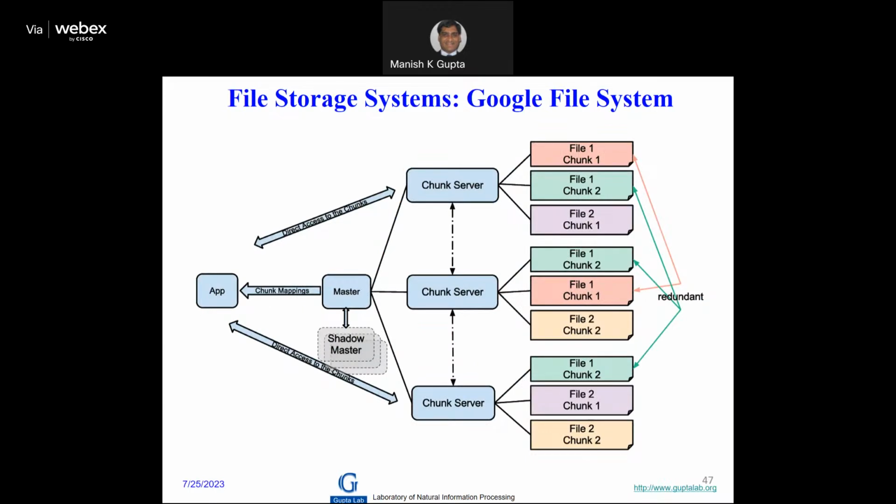This is Google file system. I think you know how data is stored in the cloud. You take the file, divide it into chunks, and replicate chunks in different servers in the cloud, right? And when you want to recover the file, there is a master server which knows where which chunk is. Okay, and there is a replication of the master server also, because if the master server fails, you are gone. If one master server fails, the next master server will take care of everything, right? This is how the whole system is designed. So it's really a very interesting thing.